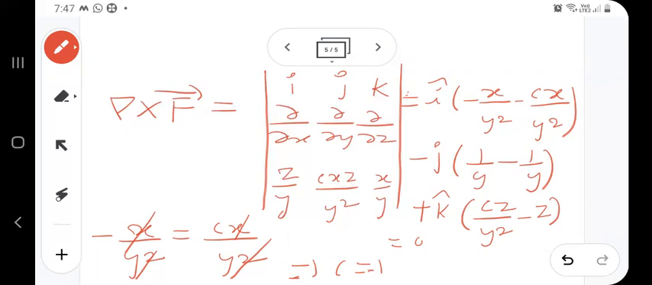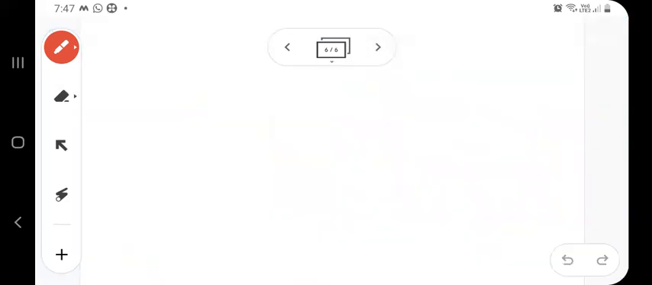This is the answer. If this is a null vector, each component must be equal to 0. I am equating the x component to 0, then minus x by y square minus c x by y square equals 0. From that, minus x by y square equals c x by y square. So x cancels, y square cancels, c equals minus 1. Right? So this is one more model. The next question: prove that